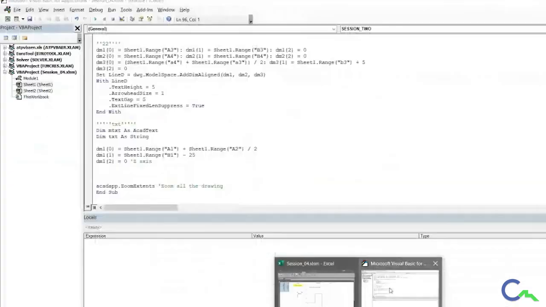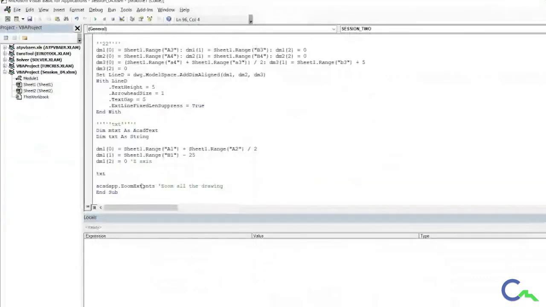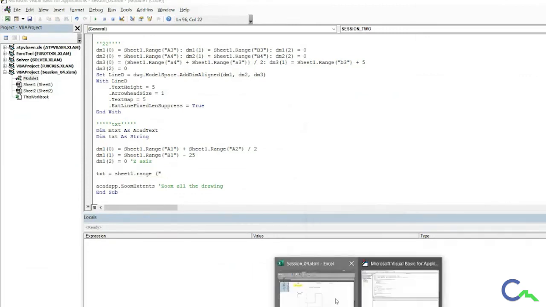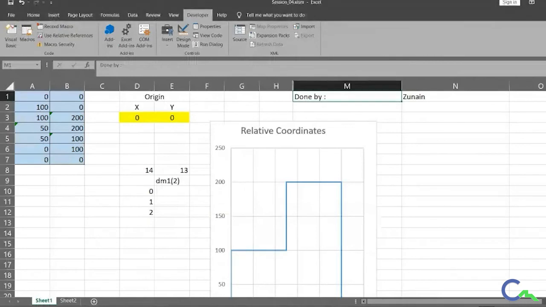So whatever text has to come in the AutoCAD drawing should be from sheet1.range, and where should it come from? It should come from M1, I guess, right? M1 and N1.